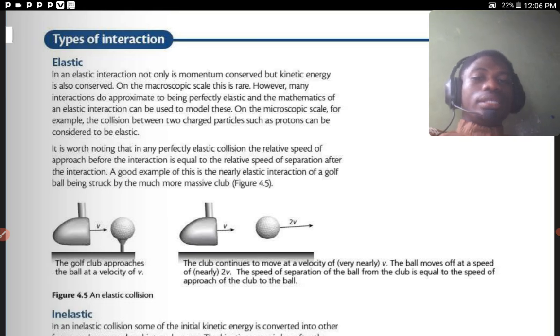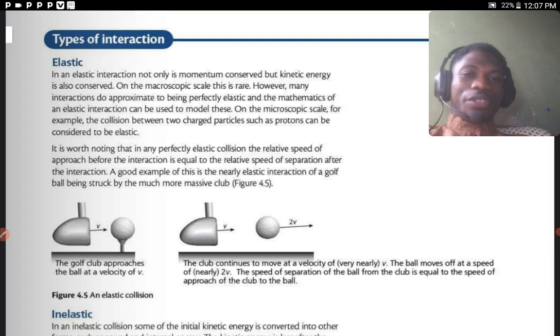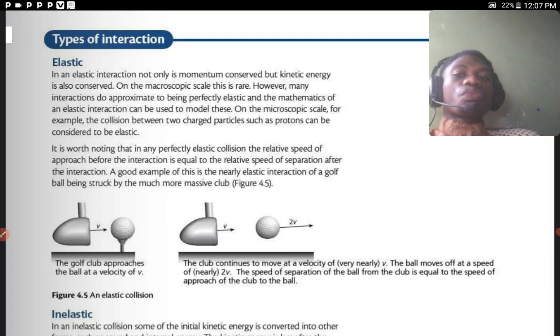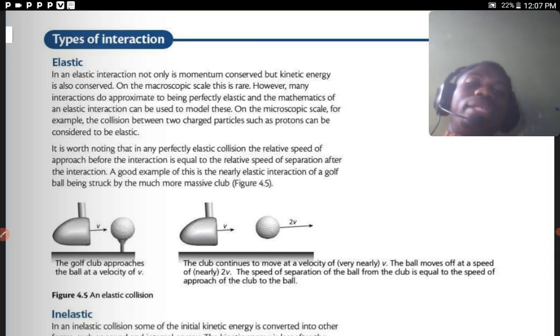This is a collision that we can consider as an elastic collision. However, it is important for us to know that